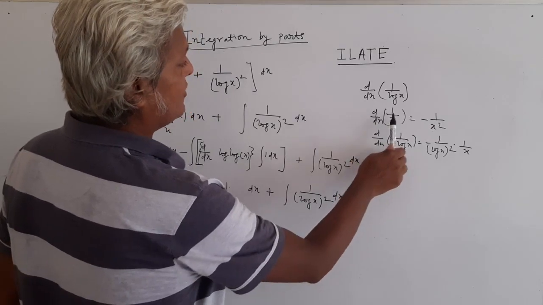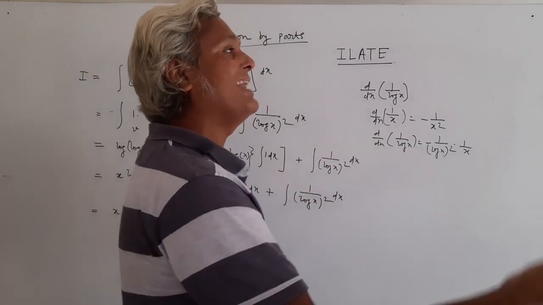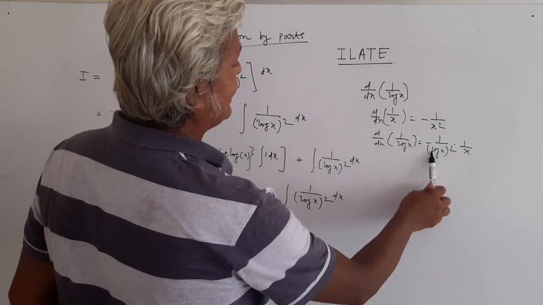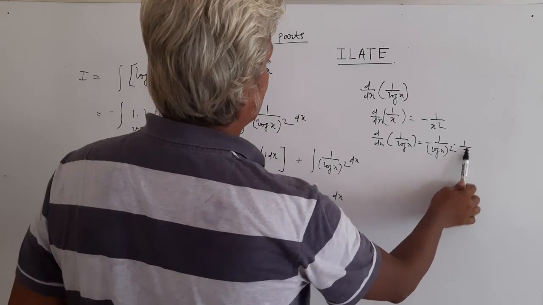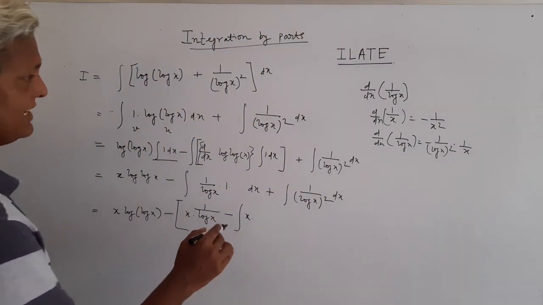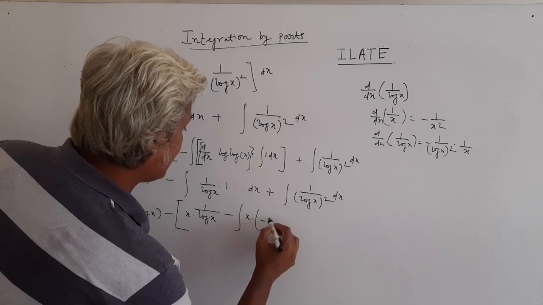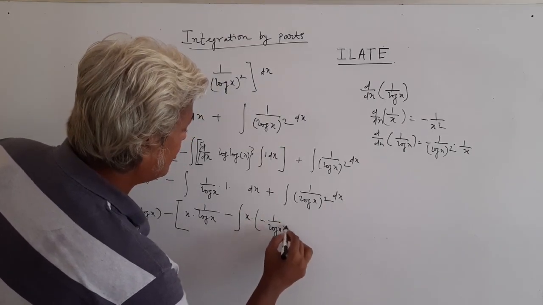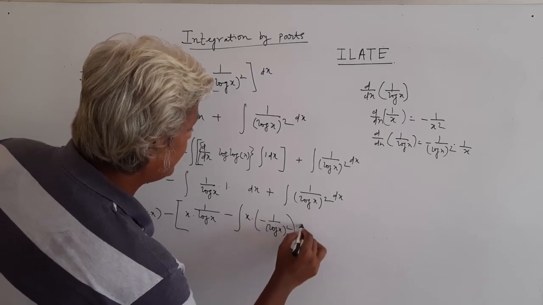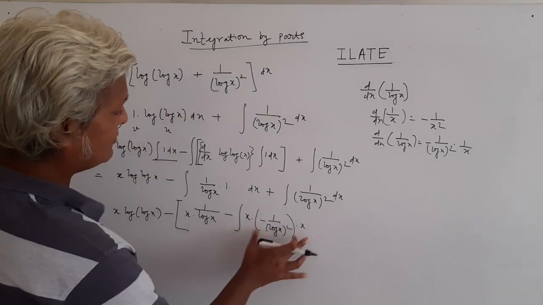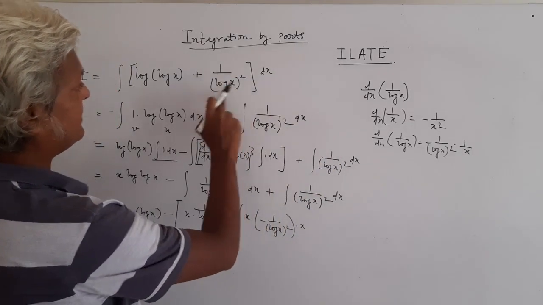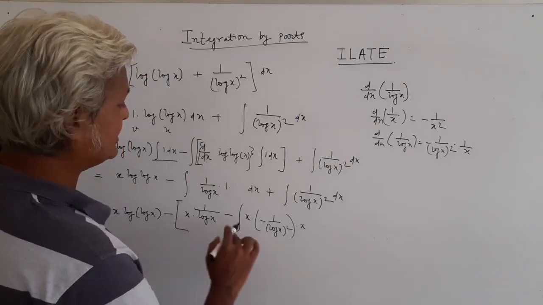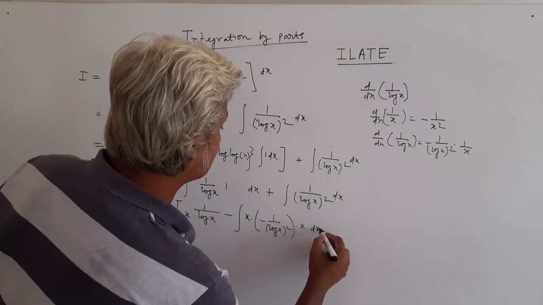That is 1 by x. So we recall that the differentiation of 1 over x is minus 1 over x square. When we have the differentiation of 1 over something, something meaning other than x, then the answer will be minus 1 over something square into the differentiation of that something, which gives you 1 by x. So this is x into what we'll get, minus 1 by log x whole square into x. Now you see that you have almost got this very same term which we kept unchanged from the very beginning, because we are getting the same thing in the negative order, so they actually will cancel each other.